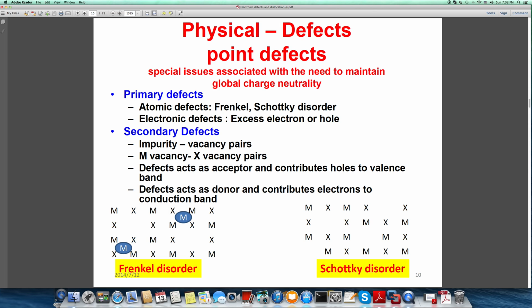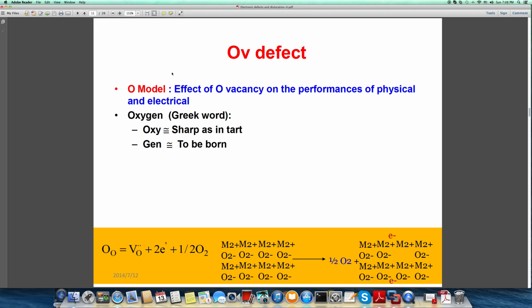So what is a Schottky defect or Schottky disorder? It happens in ionic crystals like MX, where an equal number of cations and anions are missing. This is the so-called Schottky defect, and it also keeps the electrical neutrality. So we have the background for the point defect and the thermodynamics,